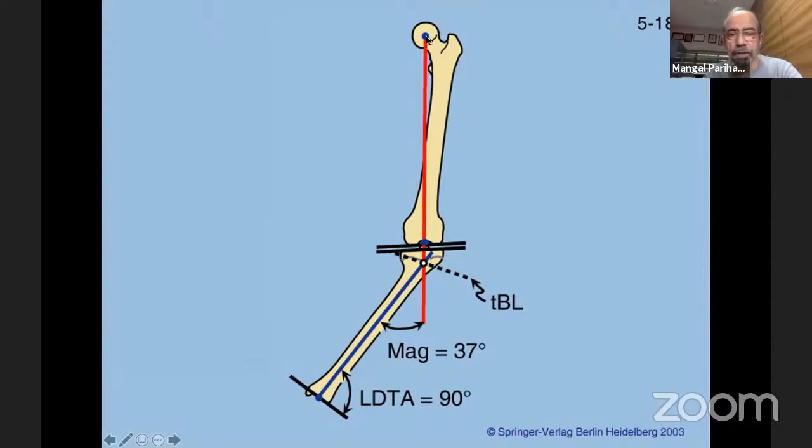Here, the goal of surgery is to restore the mechanical axis of the limb to straight. So you can just extend the femur. In this case, the femur is normal. The red line is the proximal axis, an extension of the femoral axis. The blue line is the tibial axis, and both of them meet at the CORA. If you correct this by an angle of 37 degrees, you will get a correction of your deformity.